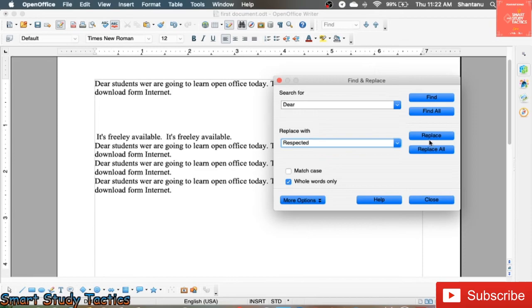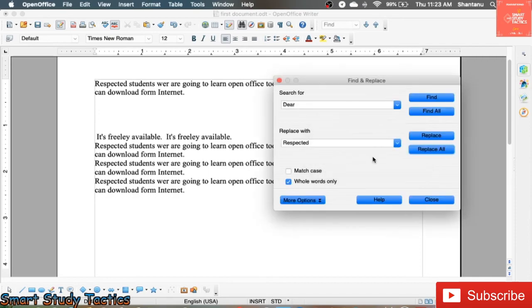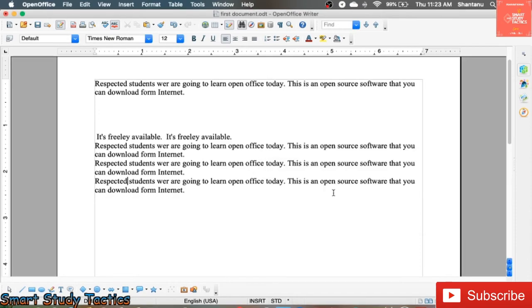What will happen if I click on replace? It will go one by one and replace that particular text. It will search dear and replace it by respected. If I click on replace all, then it will replace everything in the document. So now you can see respected students, respected students, respected students.